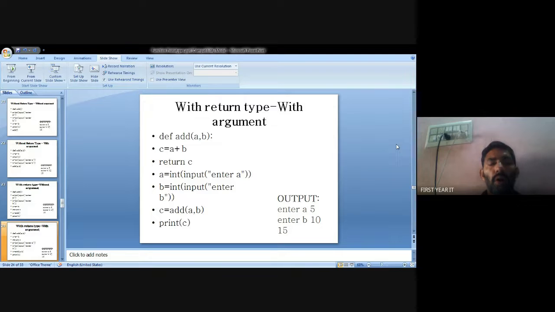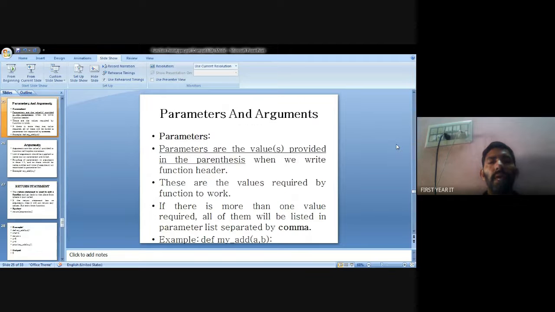So with arguments and with return types. This is called the fourth type. Okay, so parameter and arguments. The parameter is used for passing values from the main function to the subfunctions. The main function is calling functions and calls the subfunctions. So the subfunction is called, returns to the main function, and the main function gets the result. Okay, that is called parameter passing from function to functions. Parameter or arguments. Okay.